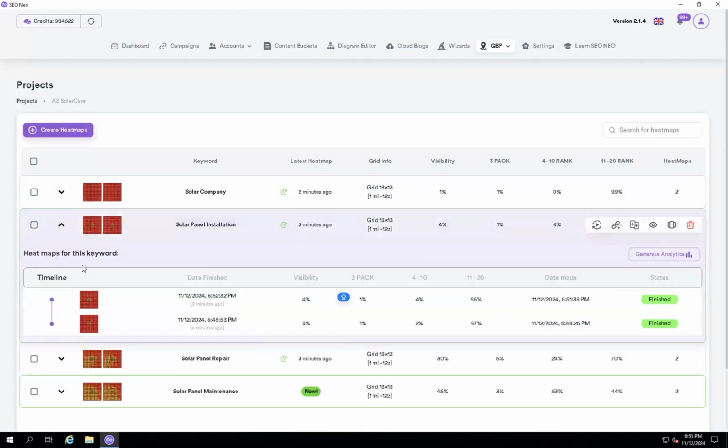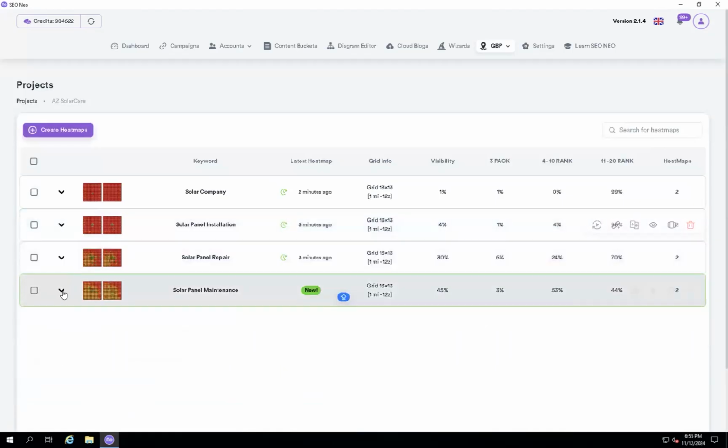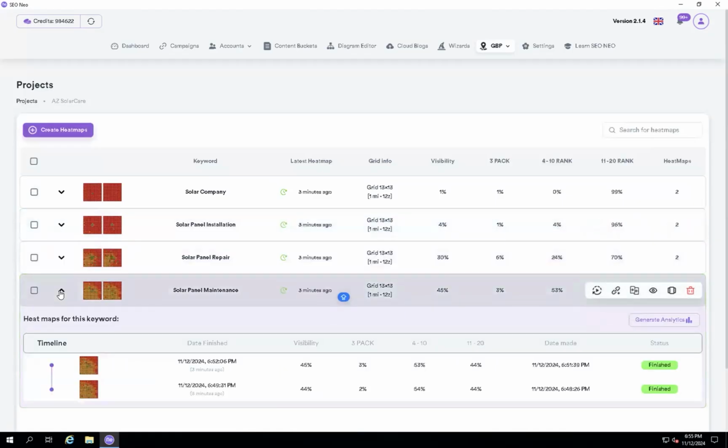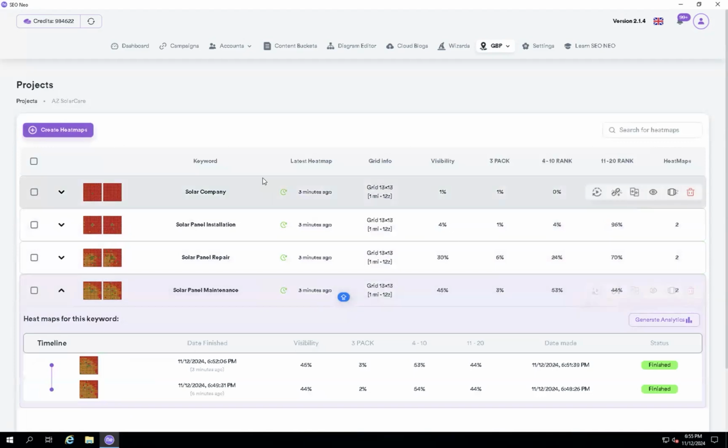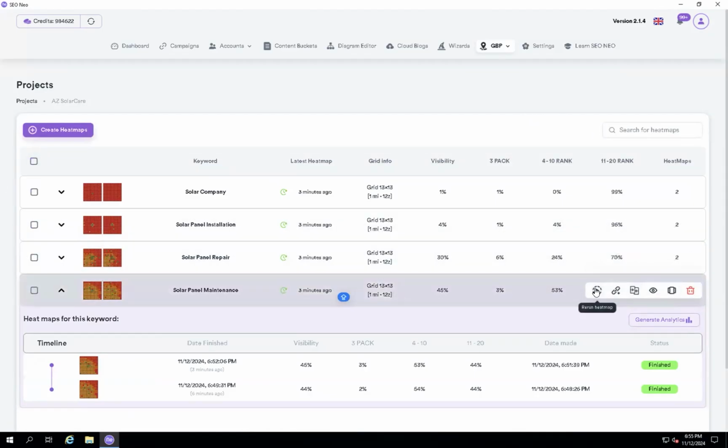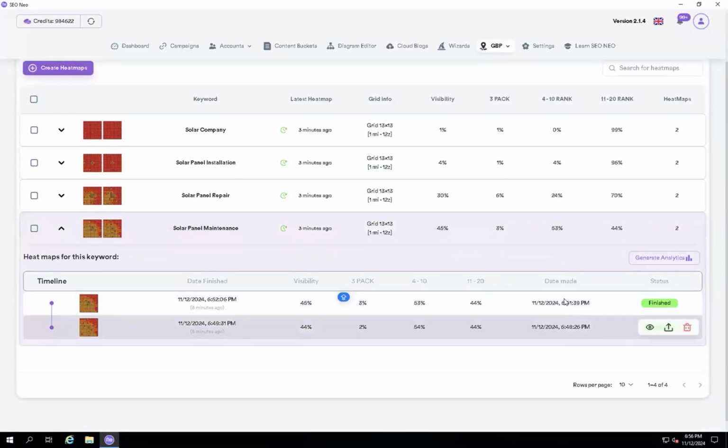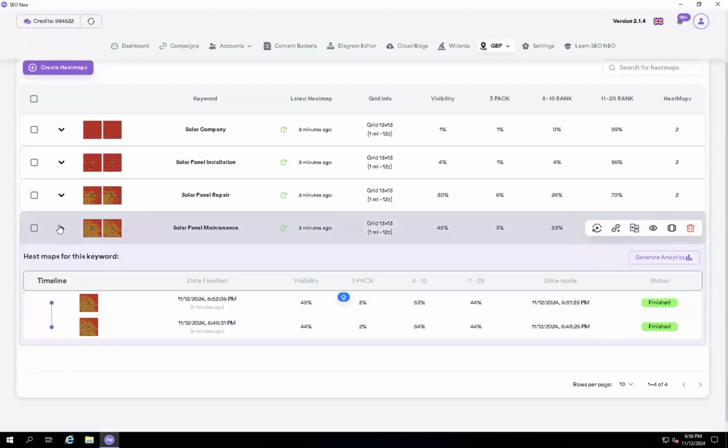And basically, these are the features of the heat map. You can rerun a specific heat map. It's not necessary to select everything and click run. Okay, you can click on the heat map that you want to run, and it will be updated. So this is the compare, the carousel. Yeah, basically, these are the